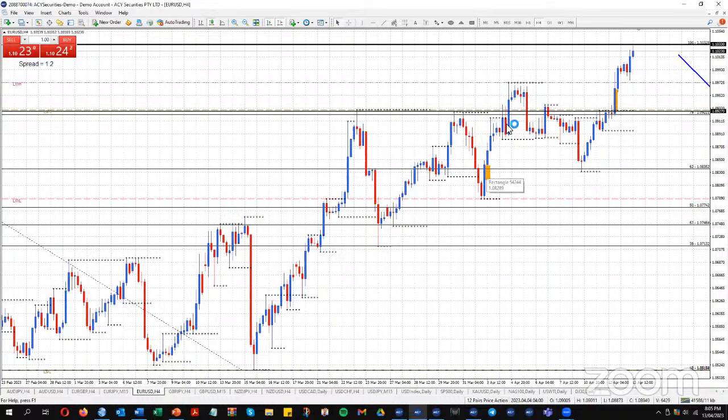All right. And I can see some equal moves here at the moment as well. Like I was saying on the Swiss franc, there's a move up. See how it's beyond the last move. It's way overextended at the moment. So there are some imbalances there that could get filled. The one here would just pull it back to support. If that can't hold, then there's this one here.